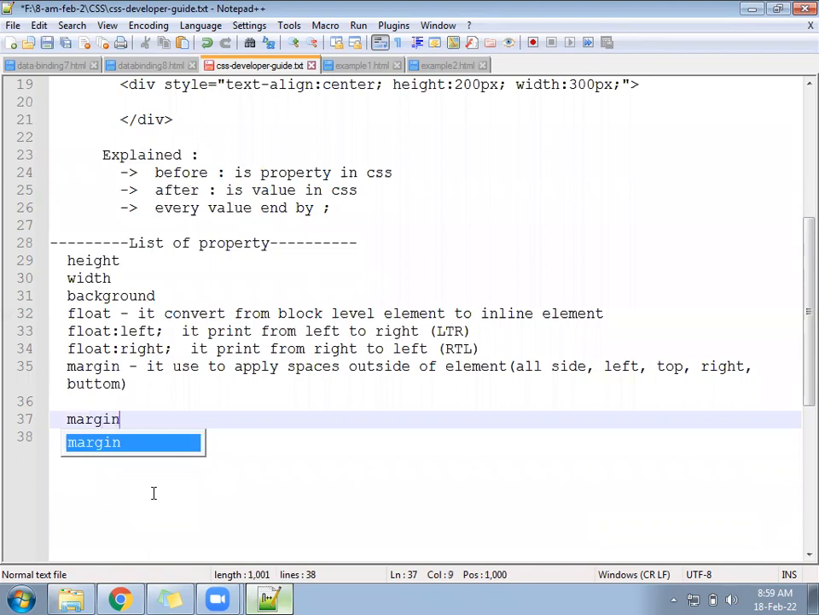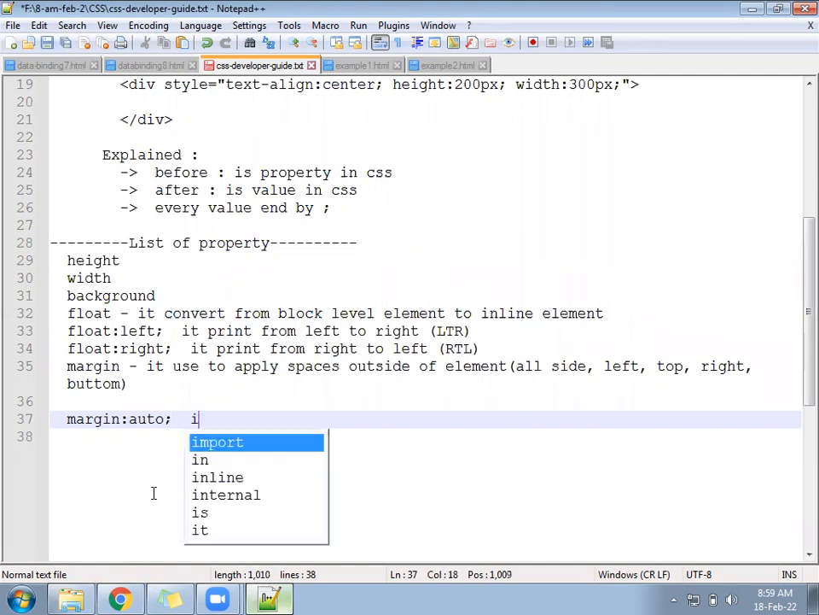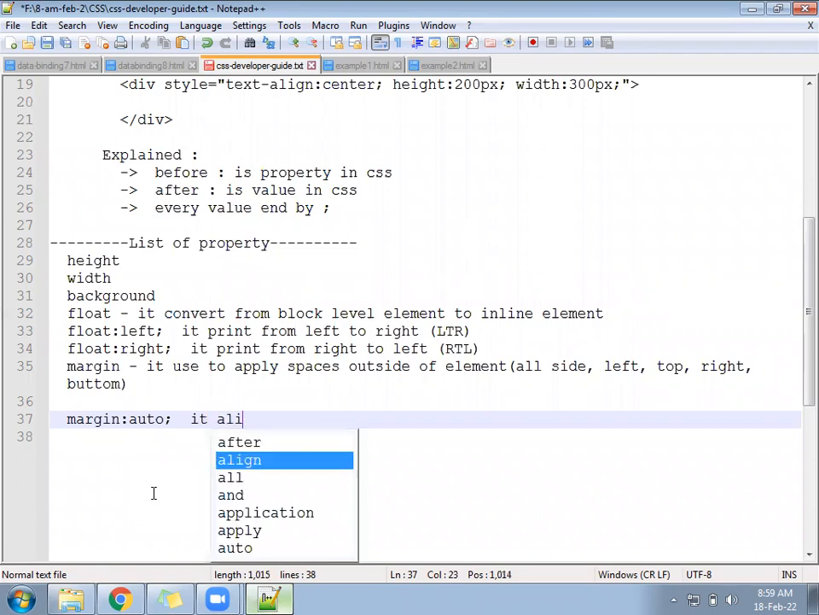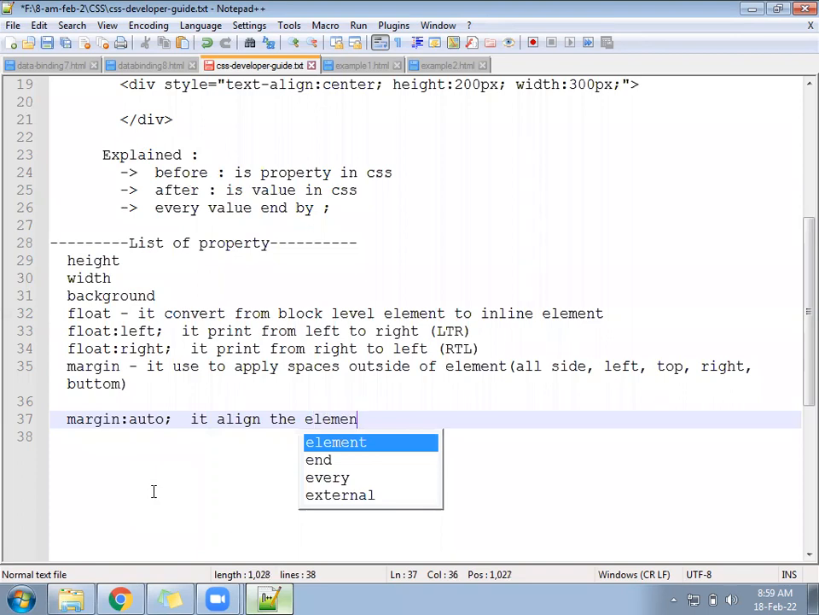Margin. Only margin colon auto. Margin colon auto. What will it do? It aligns the element. Element meaning H1, H2, H3, division, paragraph, HTML tags. It aligns the element. Okay. Your HTML tags are called elements in JavaScript. So I wrote saying it aligns the element, meaning it aligns the tags